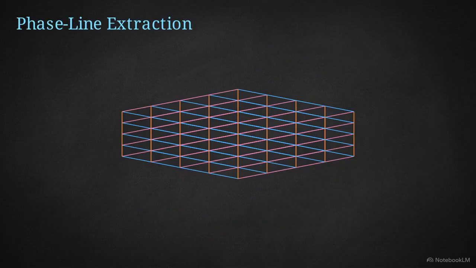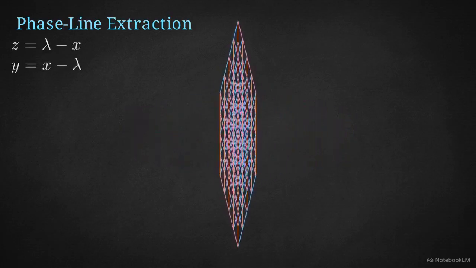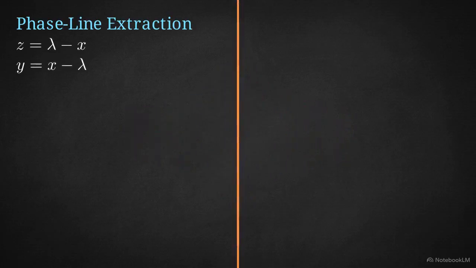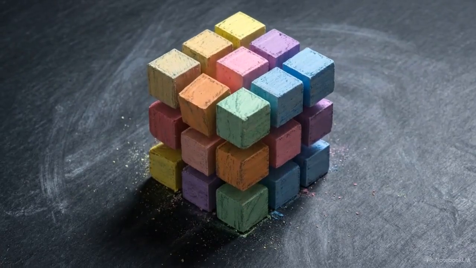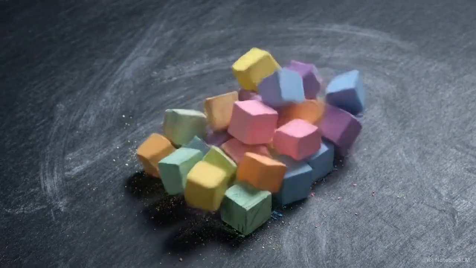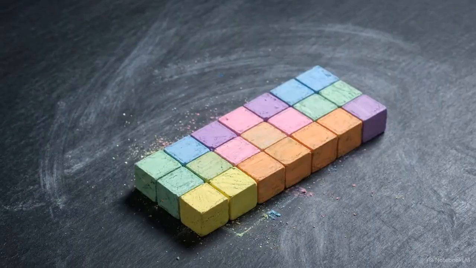Solving Mv equals lambda v for any scalar forces the space to collapse onto specific affine lines defined by z equals lambda minus x and y equals x minus lambda. The recursive constraint strips a three-dimensional mathematical object of its full rank, restricting all potential solutions to a single affine